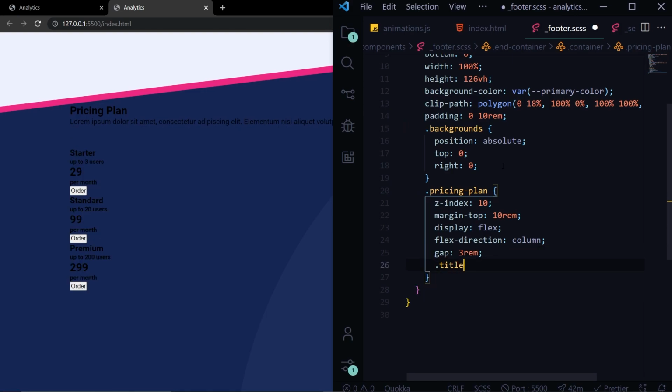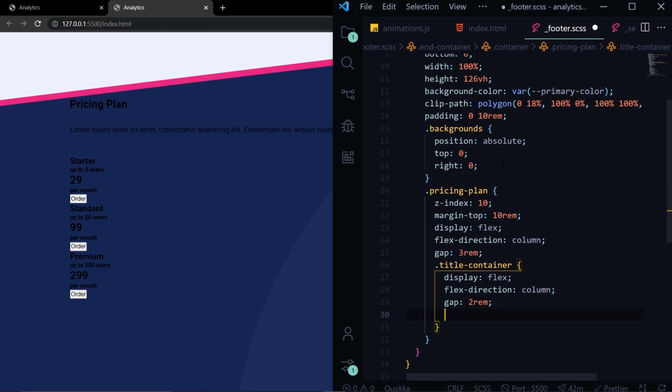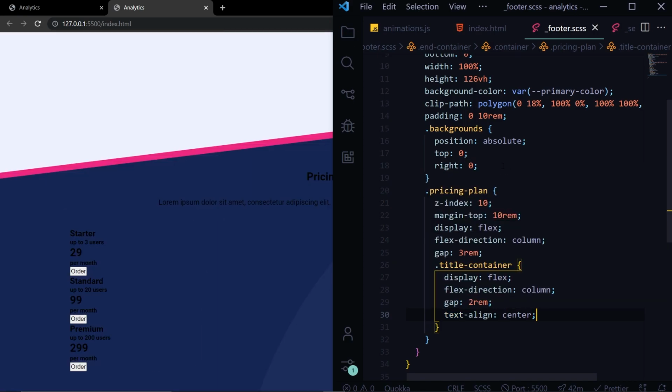We'll select the title container, and we'll give it a display of flex direction of column, gap of 2 rem. We'll give it a text align of center, then we'll select the title,